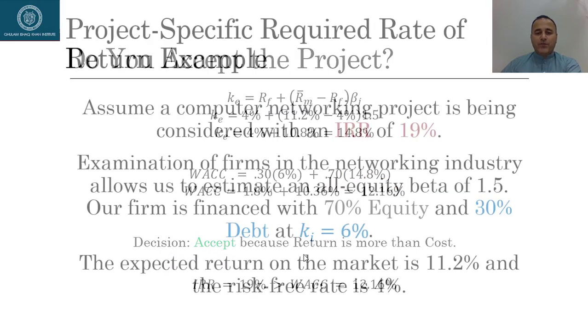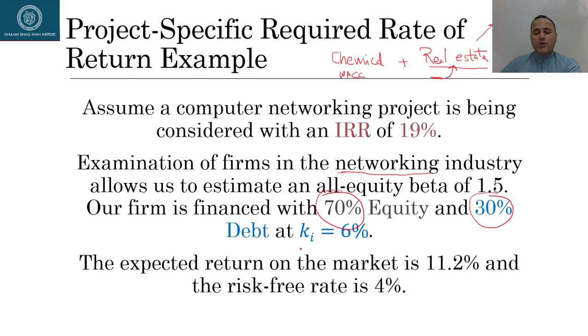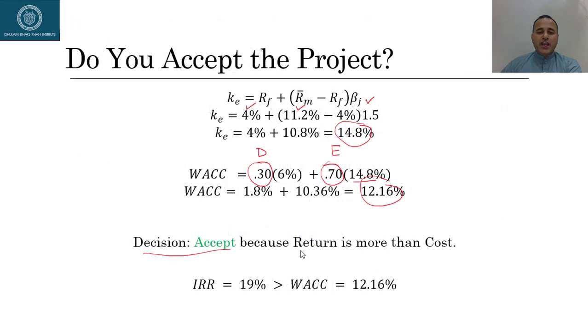This is given. How do we find out the IRR? We already calculated it in chapter number 13. So we discount the cash flows and find out the rate at which your NPV is 0. So this is the rate at which NPV equals 0. And now this is something that we calculated right now. In chapter number 13, if you remember, the acceptance criteria for a certain project was,